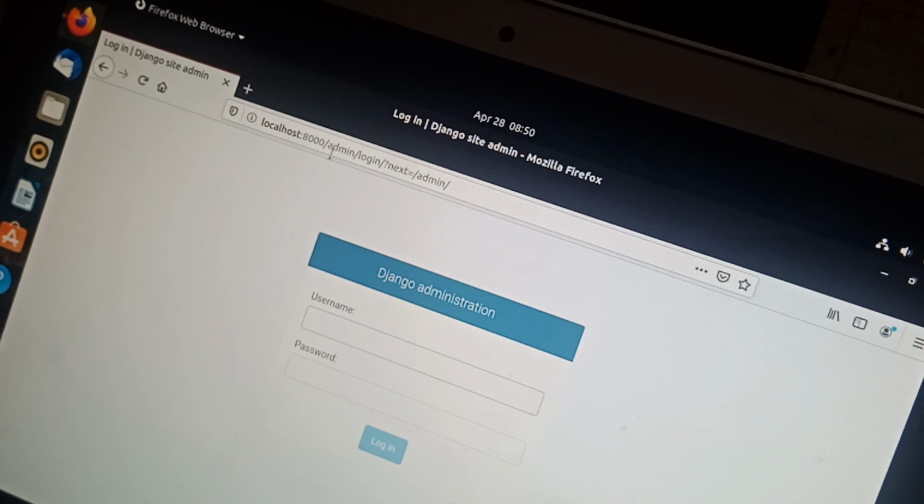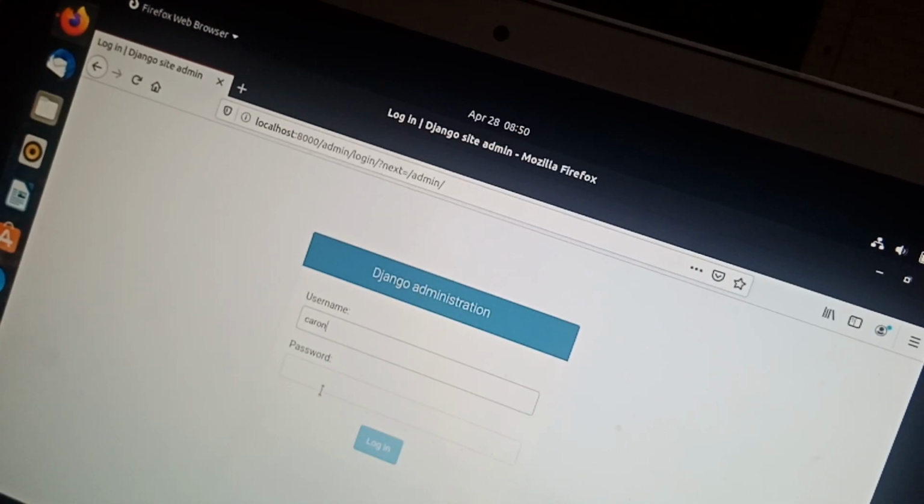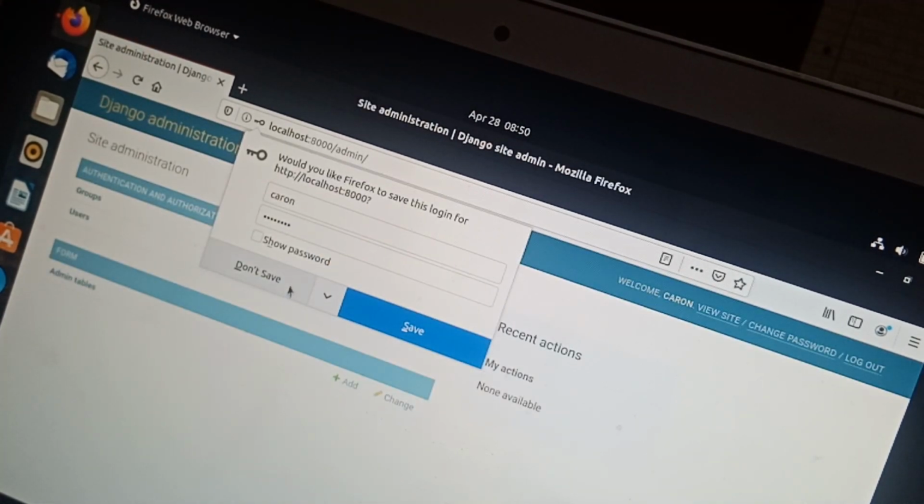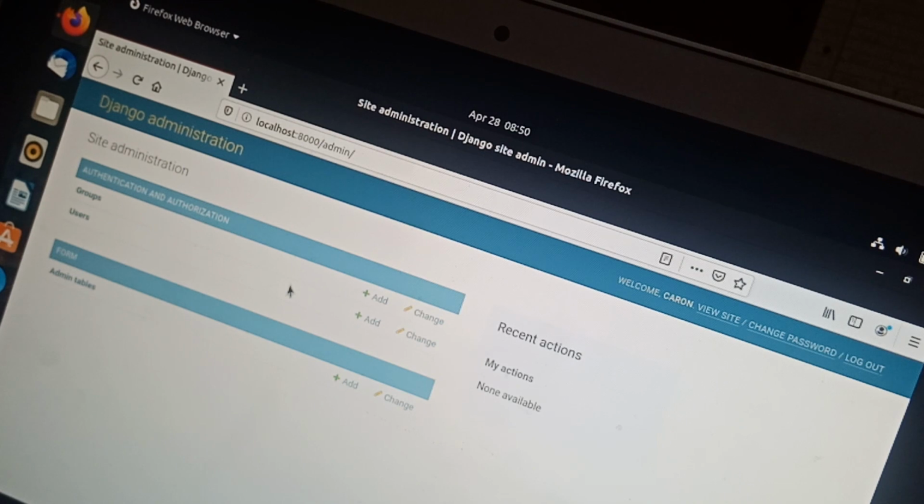Now we have to log in with the superuser password. Just as we entered it, we can now enter things. We can create more tuples.